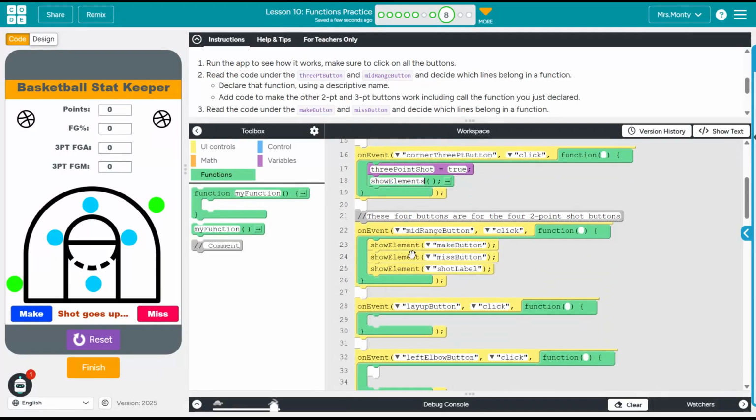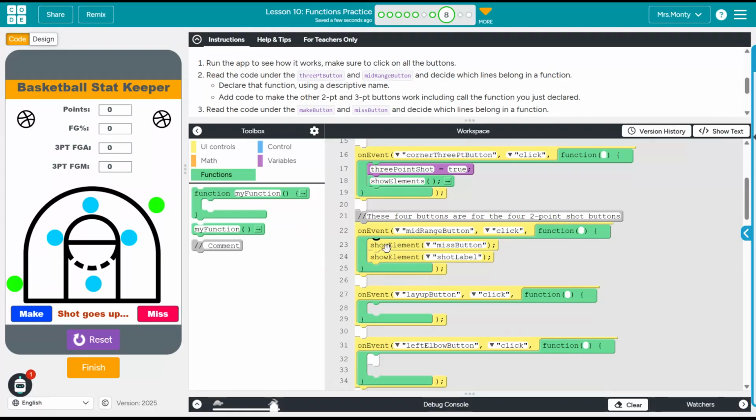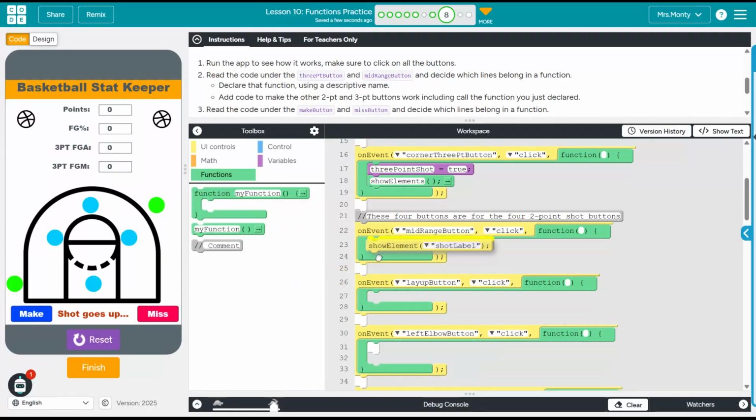All right, and then we have our mid-range button. So this is the one that had already been coded as well to show those elements. So our other working button on the screen. But I'm going to get rid of these 3 show elements that are within that on event for the mid-range button on line 22. And I'm going to replace those with a function call,